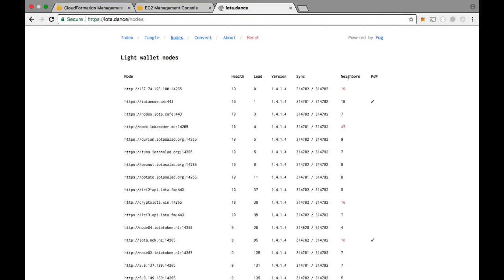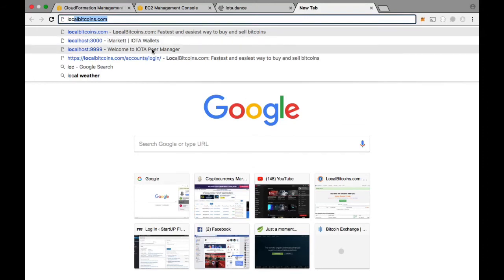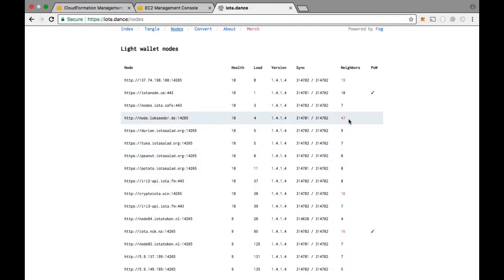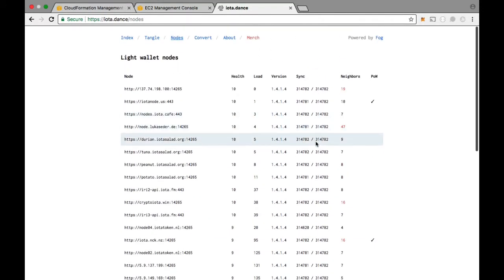For instance, right here, this is a list of all the nodes, you see all these neighbors. Well, we saw that a little earlier with the, what is this thing called? With the peer manager. For instance, this one, I usually connect my light node to this node right here, 47 neighbors, and it's synced up to date. So nodes have to be synced up to date in order for you to send transactions faster. And the more of these exist, wow, this is getting actually a lot bigger. The more nodes exist, the faster your transactions will be verified, because that's the only value proposition running a node currently has. So if you're going to be a user of this and be developing on IOTA,